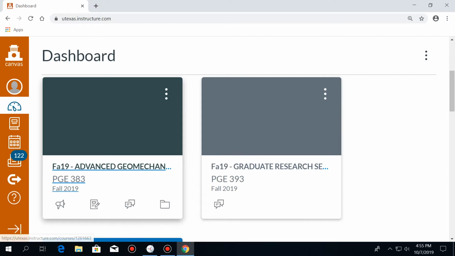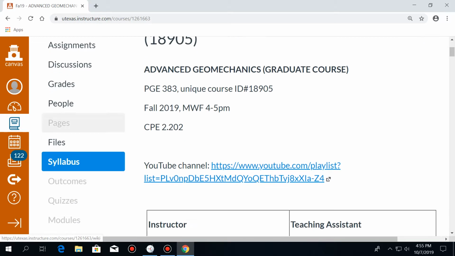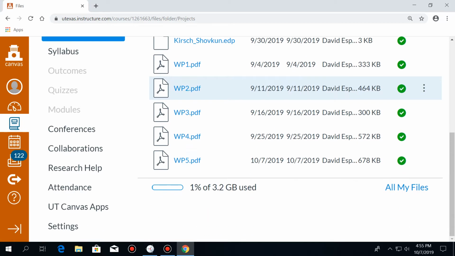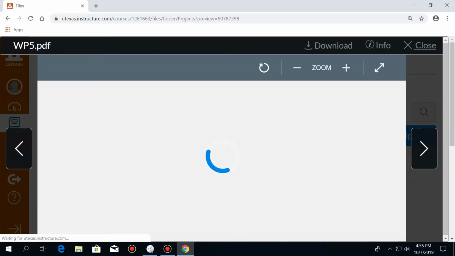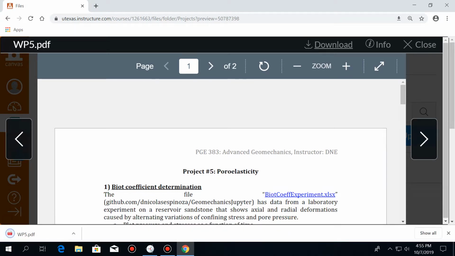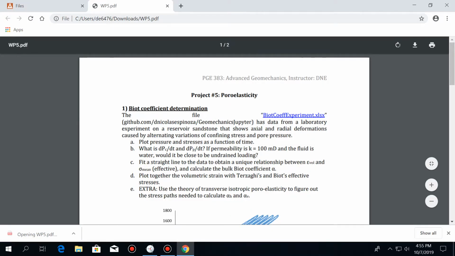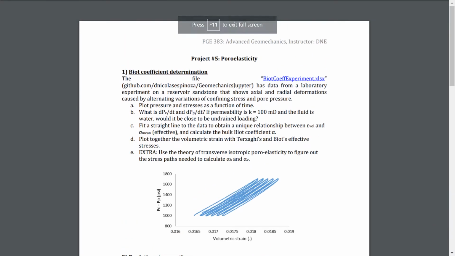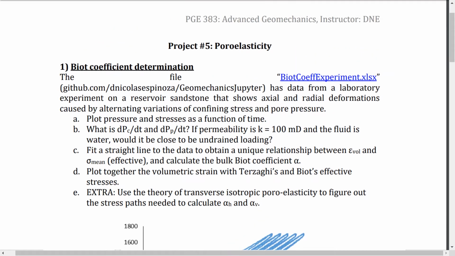And in this one, there are 2 parts. The first one is about measuring the Biot coefficient from a